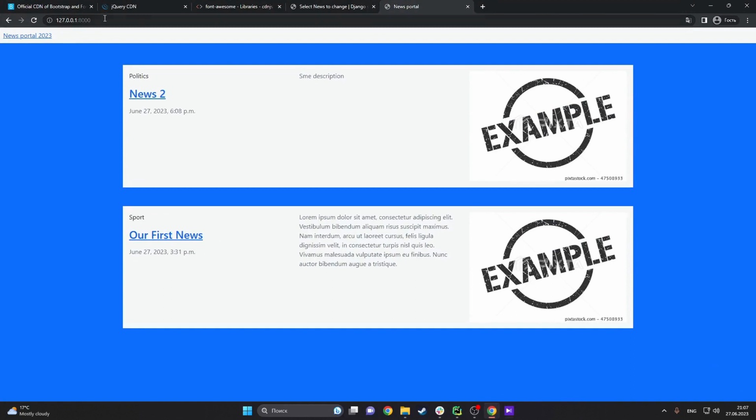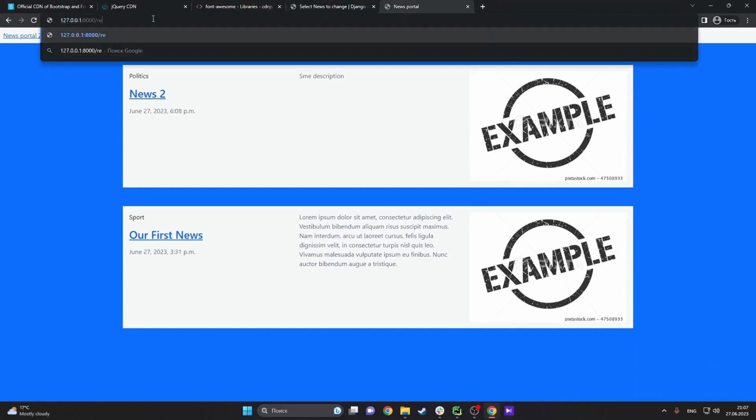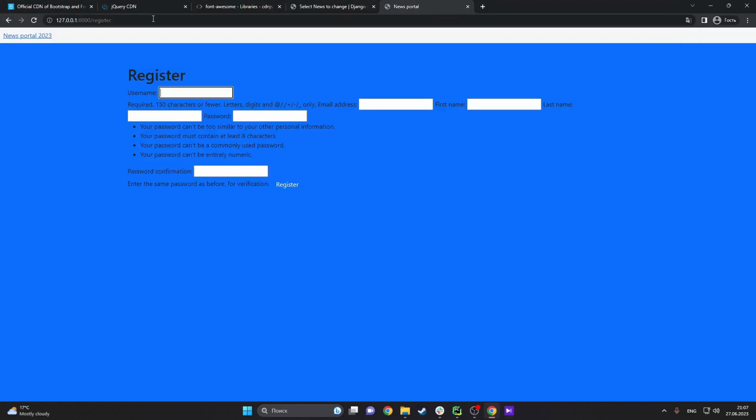And let's take a look what will be if we go to this page. So here we have our registration form,